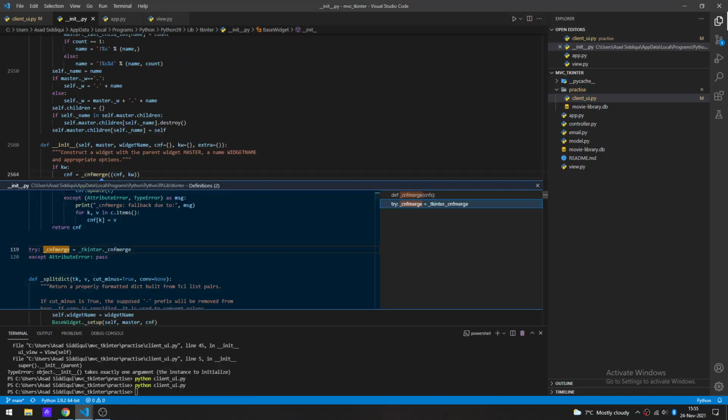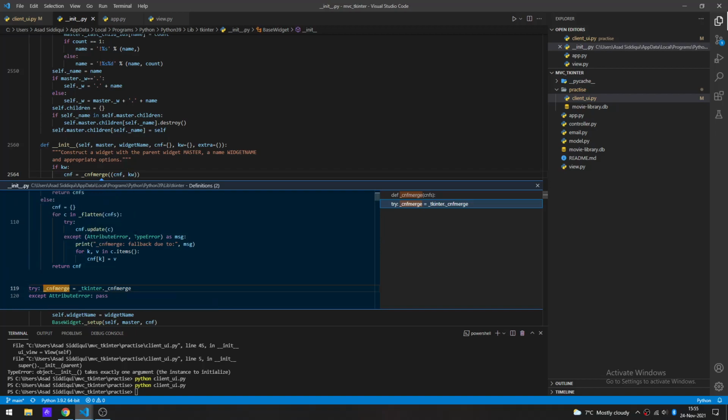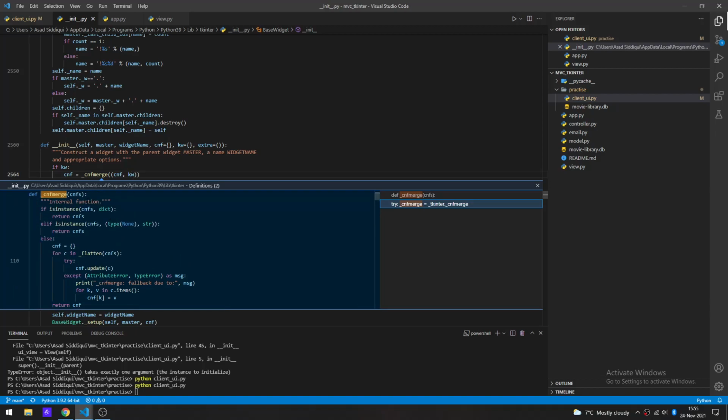I'm not exactly sure what this all means. Instance, if the instance object, else if instance cnf of type object class tuple or